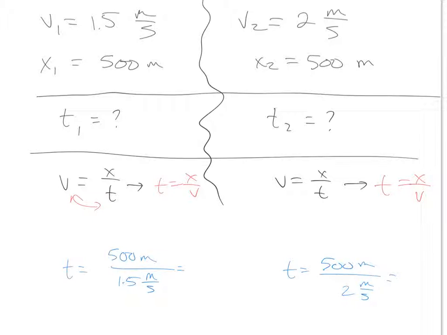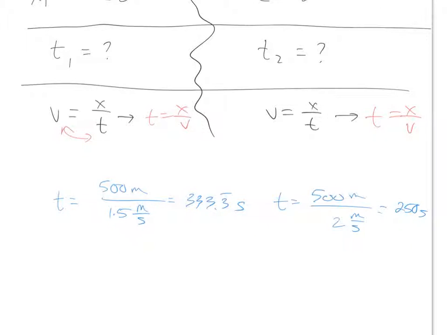You've got 333 and a third seconds and 250 seconds. How do you get your final answer? Subtract. 333 and a third minus 250 gives me 83.3 or 83 and a third seconds,